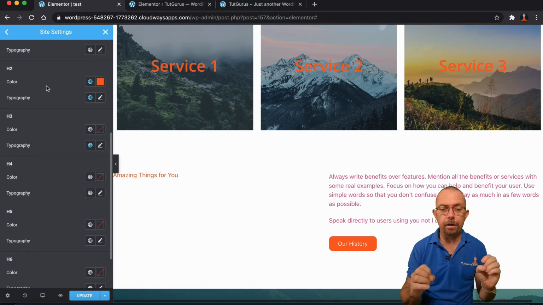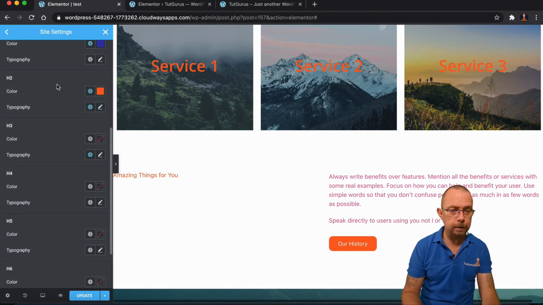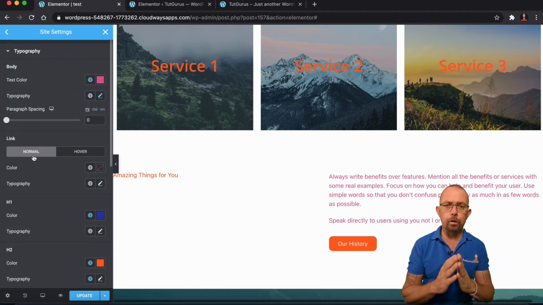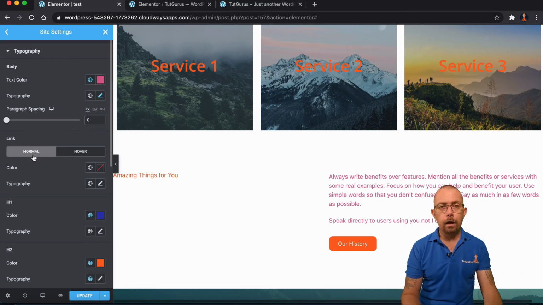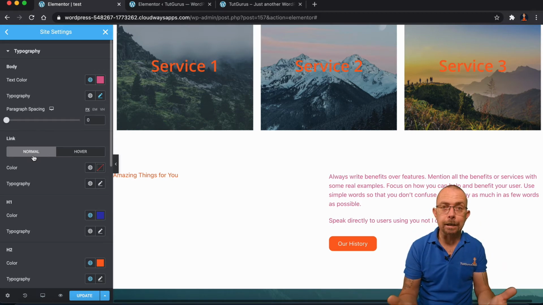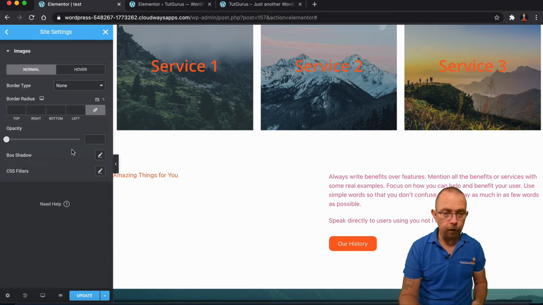They can just be a default font that isn't going to be on anything else. Entirely up to me. And remember, as I've mentioned before, you can overwrite this stuff. This isn't set in gold. This is the same for all types of H tags and text tags. So anything to do with typography, meaning text, you can come in here and create an overall look and feel that will go across the whole website. And if you do this at the beginning, like I keep saying, anytime you want to rebrand, anytime you want to change something, you've just done it like that, and then you can charge the client some money for doing this stuff. What else have we got in here? It's the same for images. You can create default stuff for images.